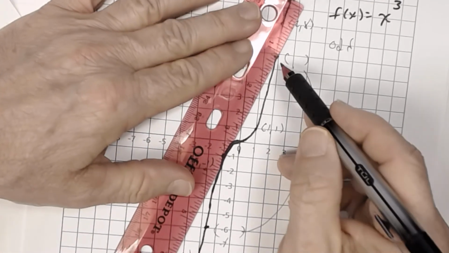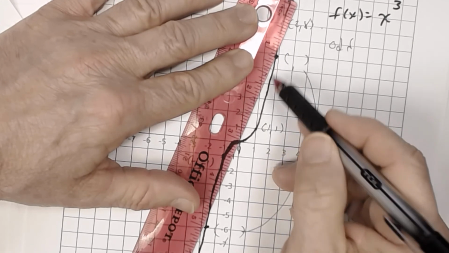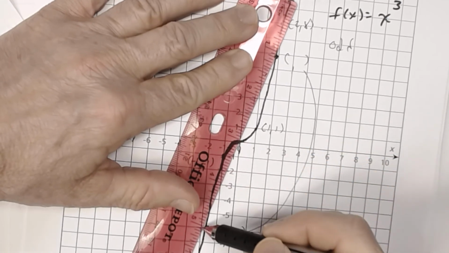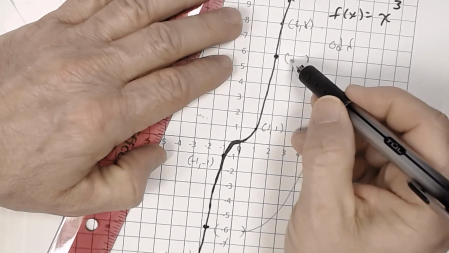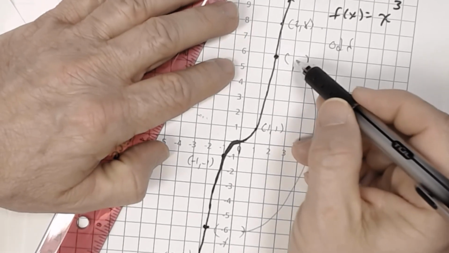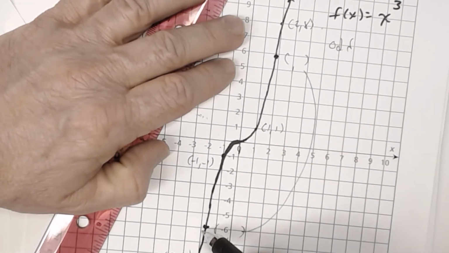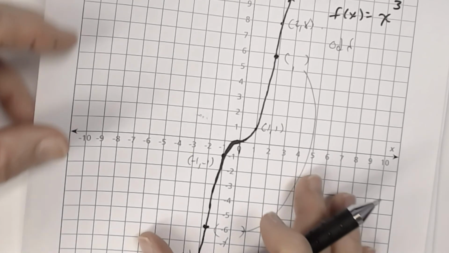Sorry you couldn't see it, but basically what I was saying was this: this point here, if I reflected about the origin, it helps if you kind of use a ruler. Take this point, go through the origin, that distance, go the same distance, you get that point here. And it turns out that you see how it's in the first quadrant, they're positive coordinates. When you reflect by the origin, they become negative coordinates, so they become opposites. Okay. All right. So it's a little bit harder to see the odd function, but an odd function